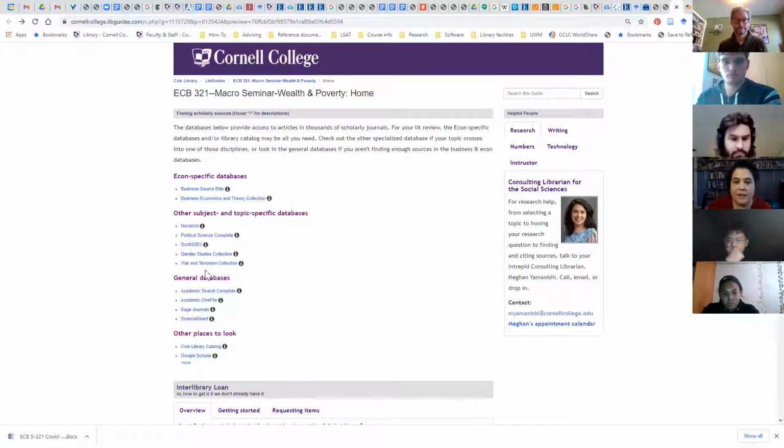Yes. And if you haven't used databases much in the past, if most of your research has been done just with Google, it'll feel a little awkward and slower, because the databases in some ways aren't as smart as Google is at interpreting what you're asking.